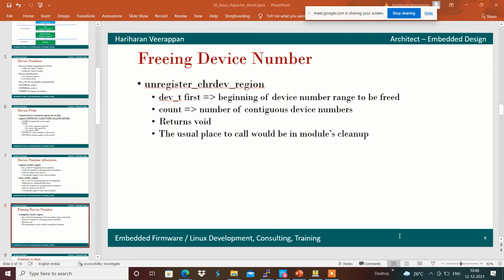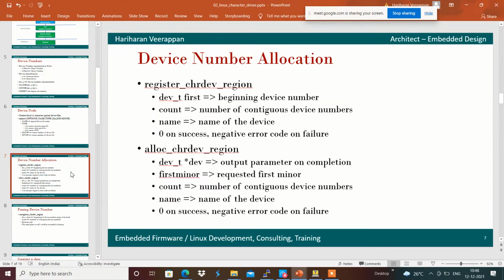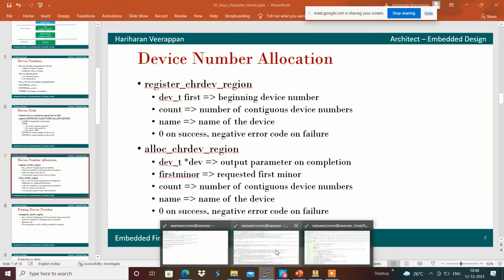Before that, we can use alloc_chrdev_region, which can be used in case we want our region to be allocated dynamically, whichever is free. That we will see over here.